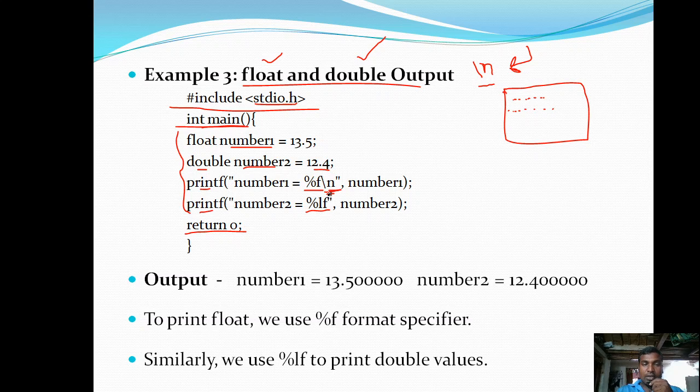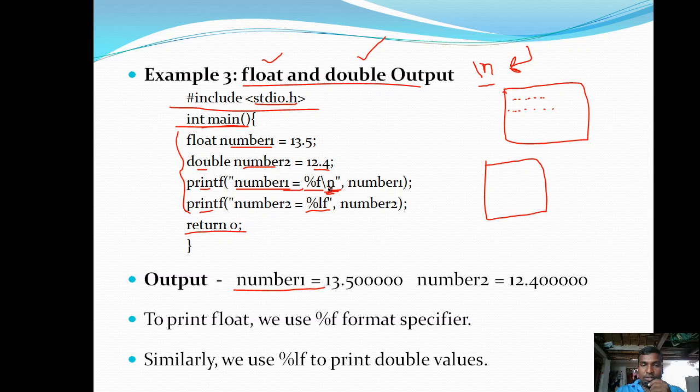What we have to remember is that slash n means a new line. A new line is going to appear on the output terminal on the screen. Whatever we write inside the double quotes of the printf will be printed on the terminal, right? So here, number 1 is simply text, so it prints number 1 is equals to,